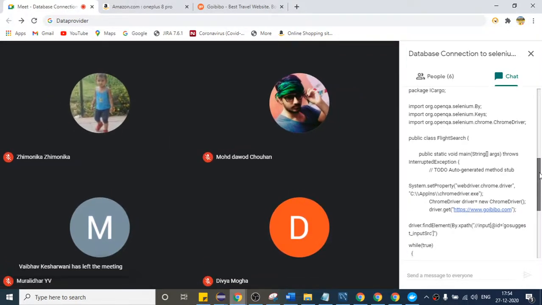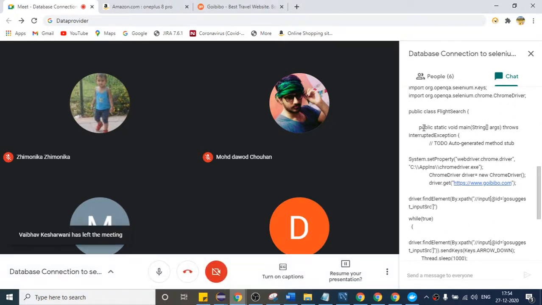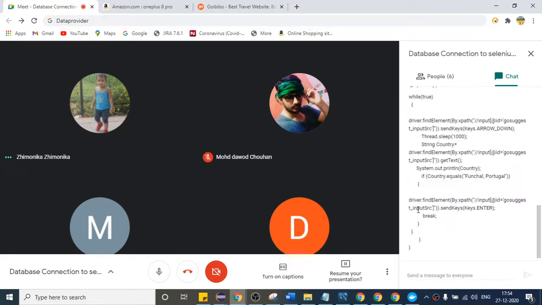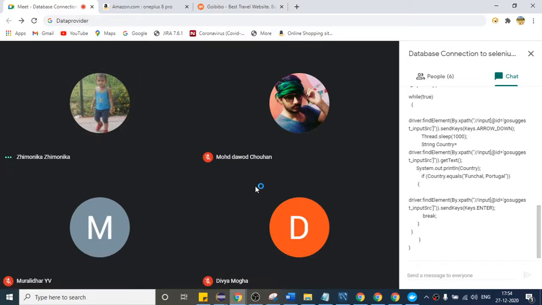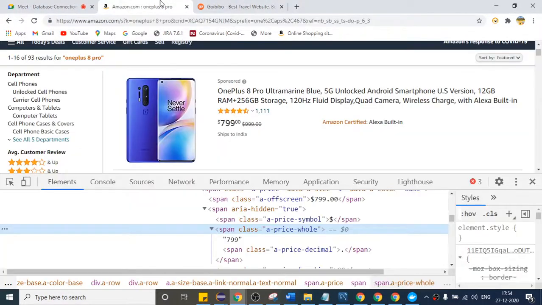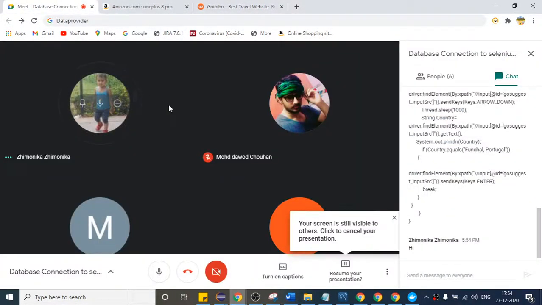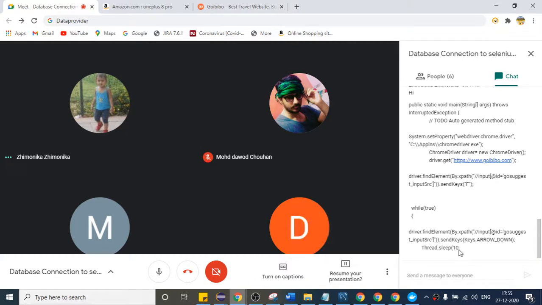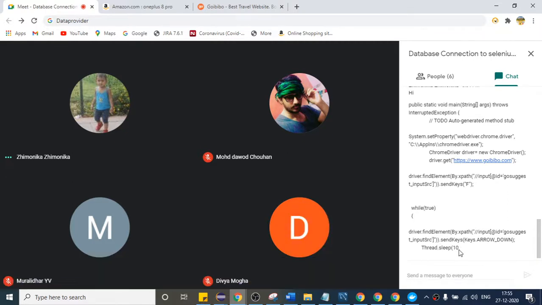Can you only paste the public static void main code? Okay, only public static void main code, not all. Again, you have not pasted the full code, I think. Thread.sleep.